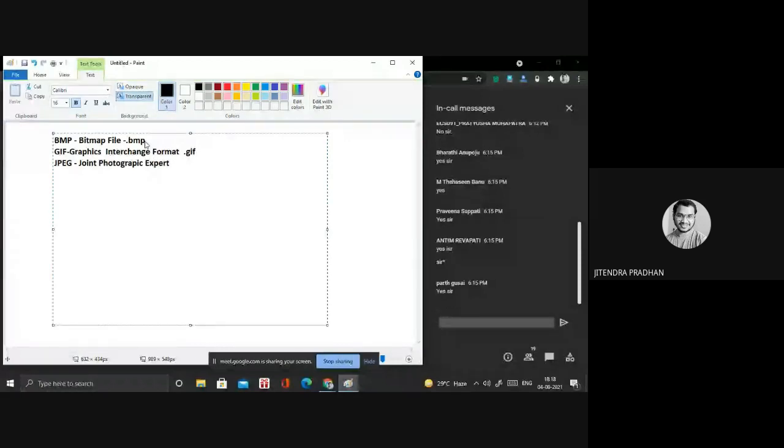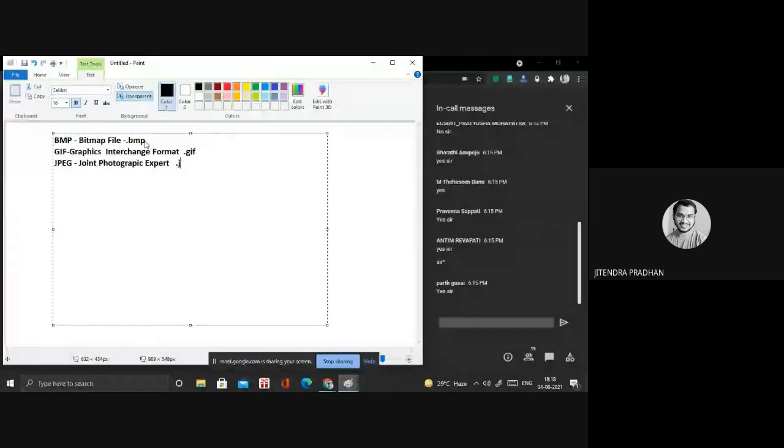Okay. What are the extensions of that? We have .jpg, .jpeg, and .jfif. We have 3 extensions. If you want to save in JPG format, you can. If you want to save with the extension JPEG, you can do that also.